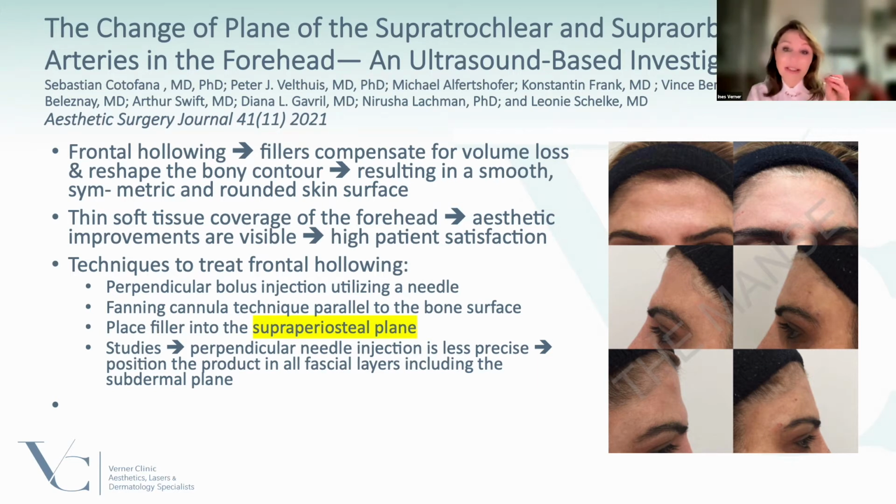The reason is that their skin is very lax, or they move a lot, but mostly the solution would be injecting a filler in that area, and that could really help solve the problem. So fillers here can, of course, compensate for the volume loss and reshape this area, and this will give a very nice aesthetic outcome. But of course, this is a danger zone, and it has been recommended to us to inject this area at the